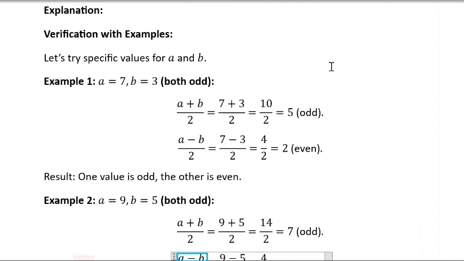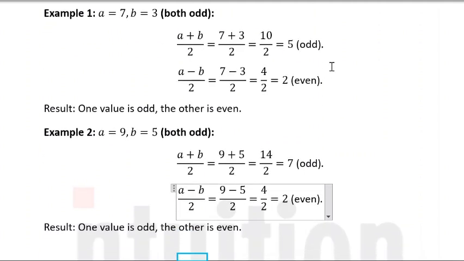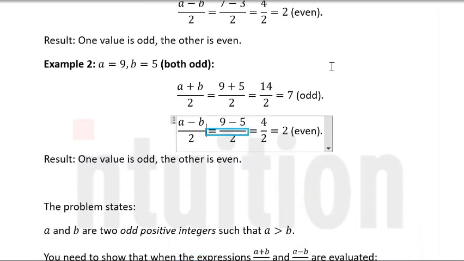Numerator a minus b, over 2 equals numerator 9 minus 5, over 2 equals 4 halves, which equals 2, an even number. Result: one value is odd, the other is even. The problem states: